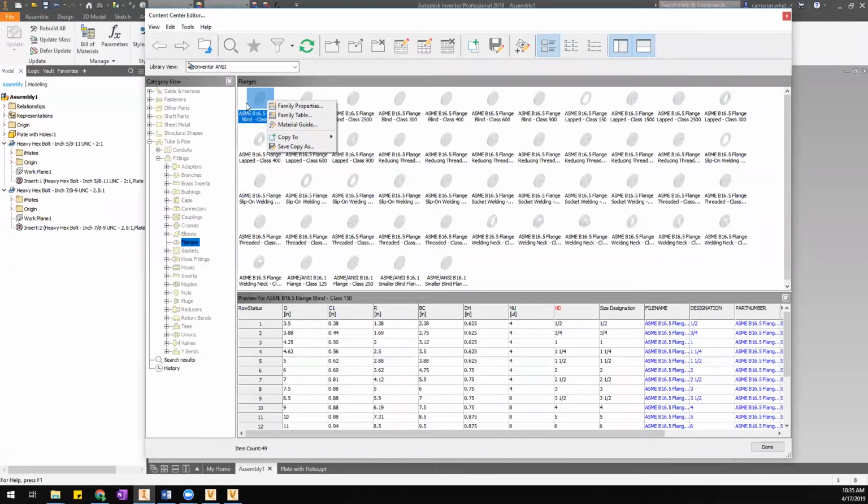So what I'm going to do to copy that is right-click on the family I want, and there are several different ways of copying content from the standard libraries into a custom library. And I'm not going to go into all the differences between the different types